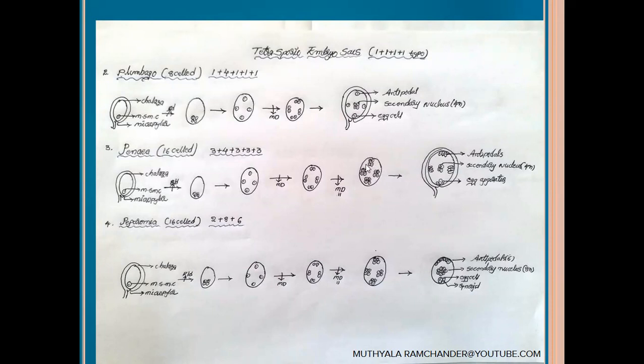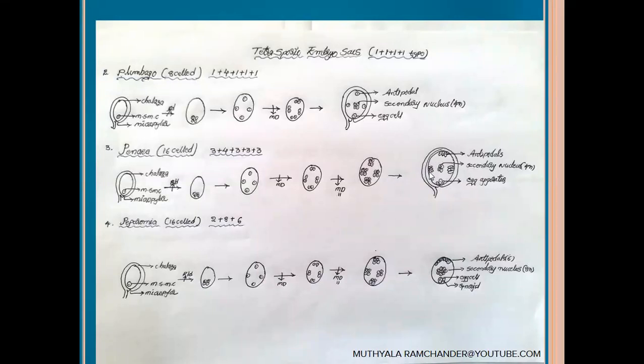At each corner, 4 cells are present. From each corner, one single cell reaches the center region of the embryo sac. The 4 haploid nuclei act as a secondary nucleus. It is in the 4n stage. At the chalazal region, 3 cells are present. They act as antipodals. At the micropylar region, 3 cells are present. They act as egg apparatus. From this, the middle cell acts as the egg cell. Lateral 2 cells act as synergids. And the lateral 3 cells act as egg apparatus-like structures.